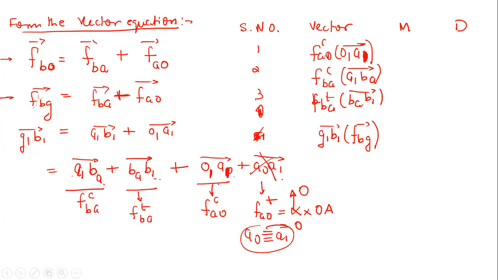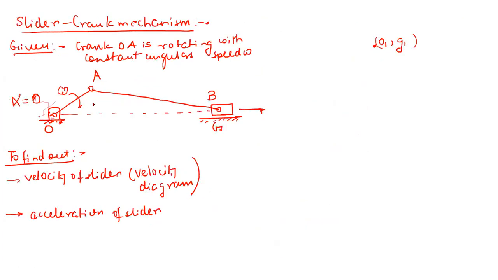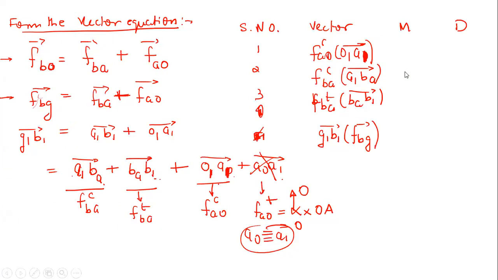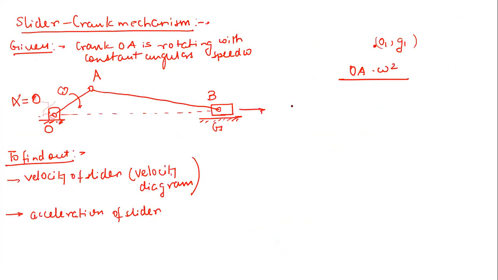Yes, sir. So how are you going to calculate the magnitude? Either you use the angular speed which is given to you, that is OA multiplied by omega square, or you simply go to the velocity diagram, because you already drew the velocity diagram. So there is no need to stress too much. It will be simply OA square divided by OA, and the direction is parallel to OA. Now let us write it down and then start drawing it parallelly. So O1 A1, first is this one.